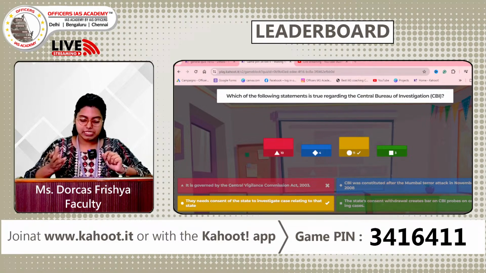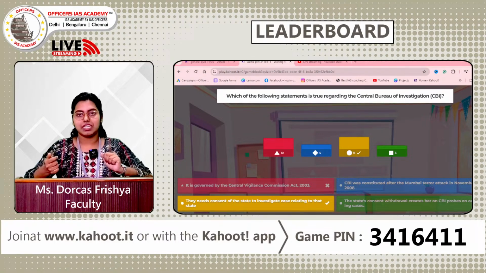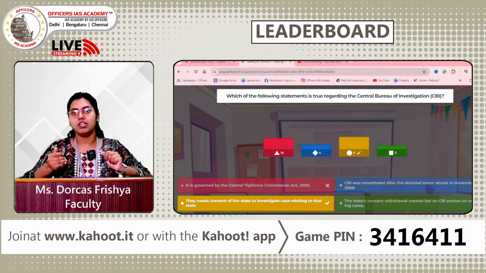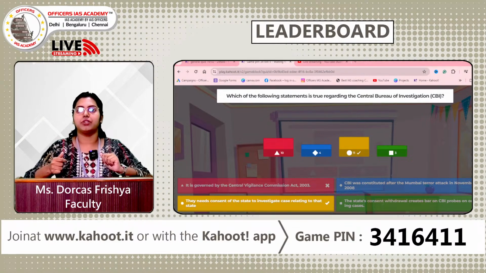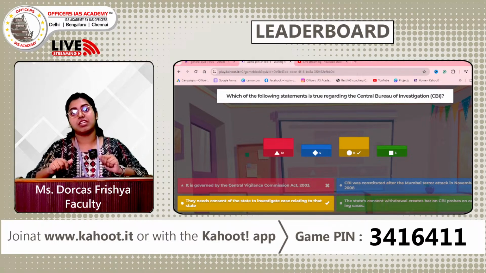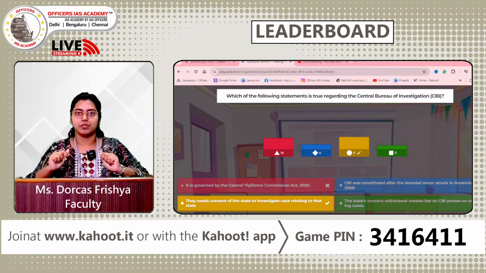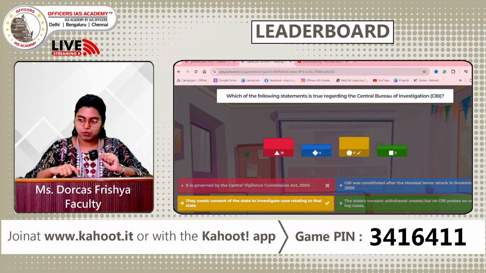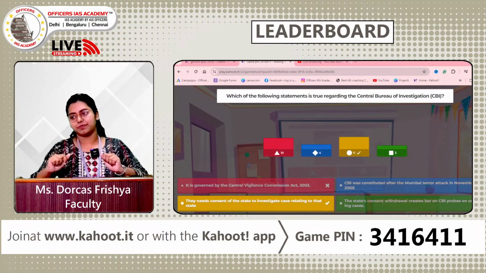And what does the CBI do? So it basically investigates the bribery related to central government, and central government corruption or relating to those things. That was the initial work, and eventually it developed its relevance in the field of intergovernmental state affairs, or I would say international affairs as well. So whenever there is something related to investigating, CBI is the agency which comes into picture. Alright, yeah. So let's look at the leaderboard now.